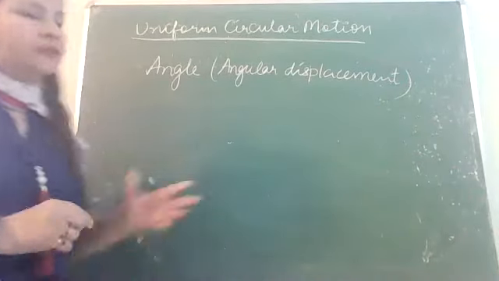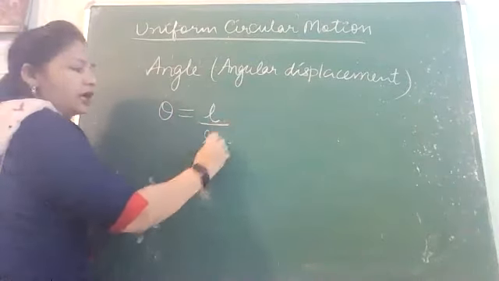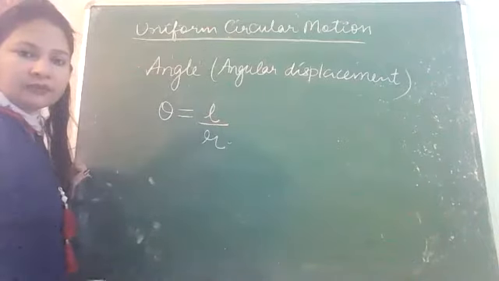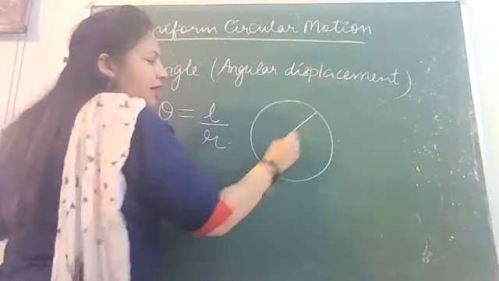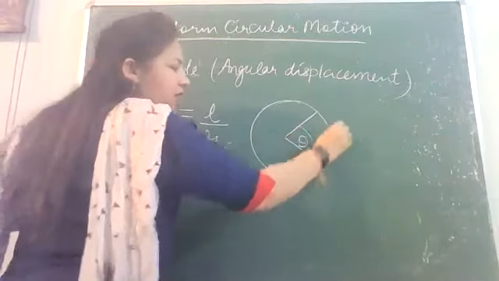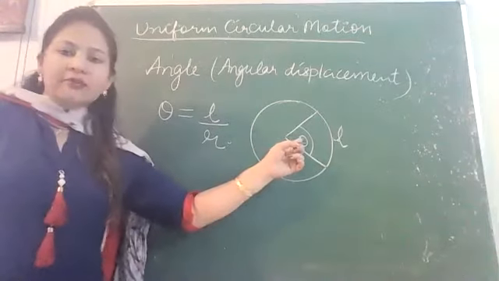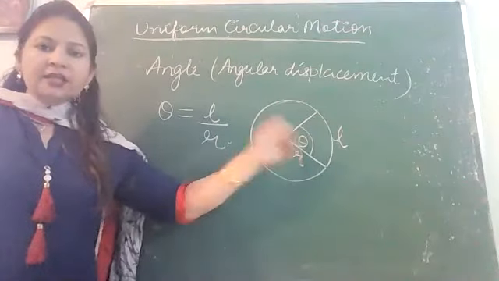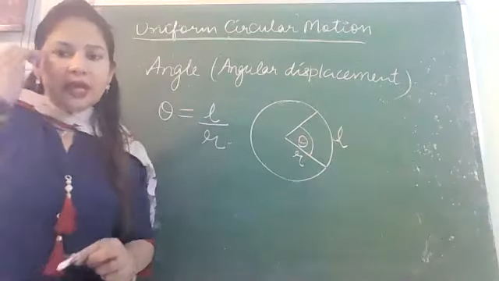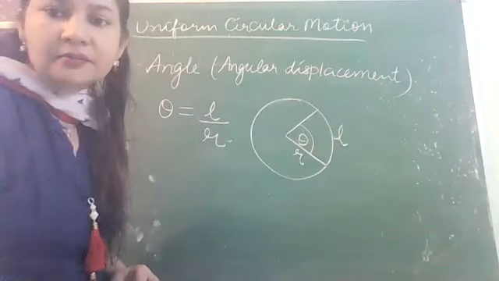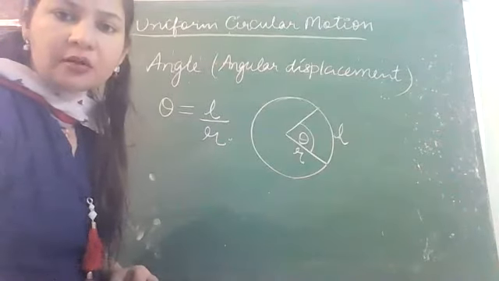So let's define them. Maths में आपने use किया होगा angle का symbol theta, and you must be using this formula theta is equal to L by R. Yes, are you using this formula in mathematics? Theta is equal to L by R. Length of the arc is L. Radius of the circle is R. Then at the center this angle theta will be formed. Confirm whether you have done this formula in mathematics or not for angle. Done? Anshia? No, ma'am. Okay, चलो अब कर लो फिर.